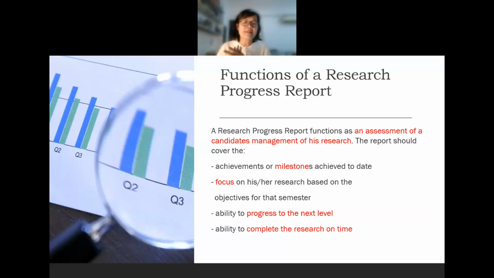Milestone, in Chinese, I don't know what it is, I can't get the translation now. A milestone is like which level you have achieved to this date. And are you focused or not on your research, or did you just sign up and then run away, do work here, do work there, and have fun, and then just nearing the end of the semester, you come back and write down the whole list of what you have done, but actually you didn't do it?